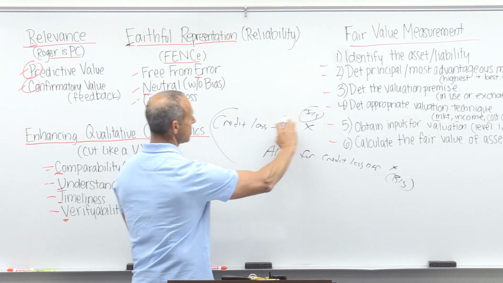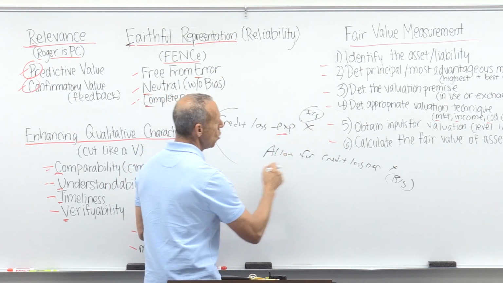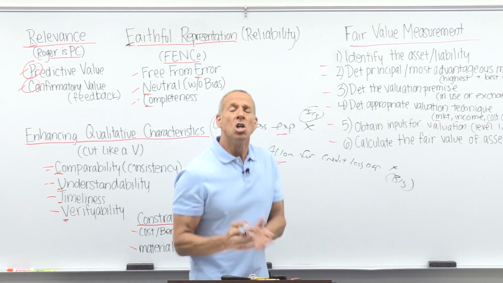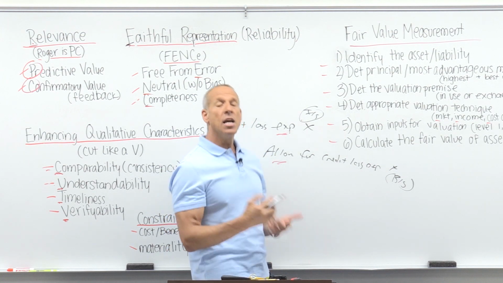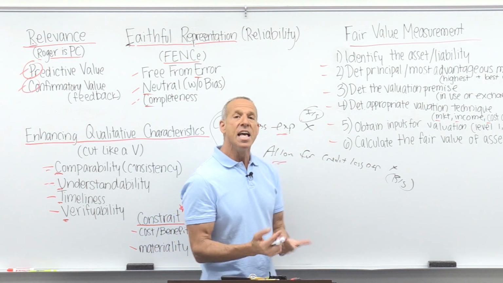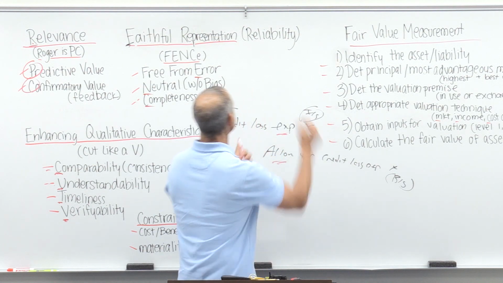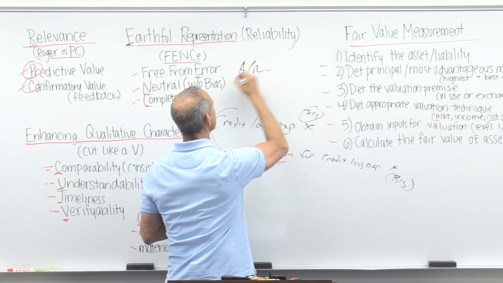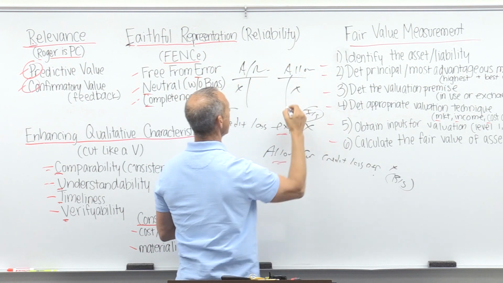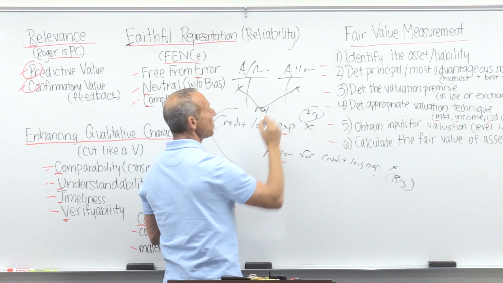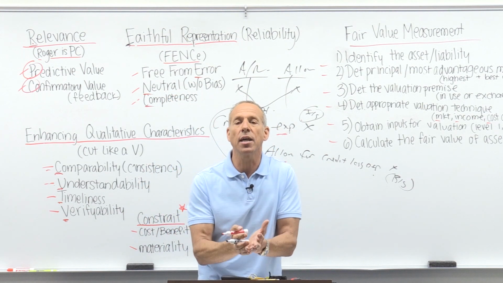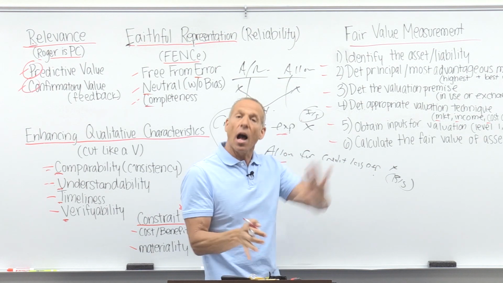So notice we've got our debit to expense, which goes to the income statement. We've got an allowance. It used to be called allowance for doubtful accounts for accounts receivable, to get it to the NRV. Now we call it allowance for credit loss expense. It's the allowance. It goes to the balance sheet. It is a contra to the receivable. So if we have a receivable here, some kind of AR, we're setting up an allowance, which is going to be the credit here. That's going to be basically the net value. That's going to be the amortized cost. That's going to be how much we think we're going to get at the time that we're going to collect it.